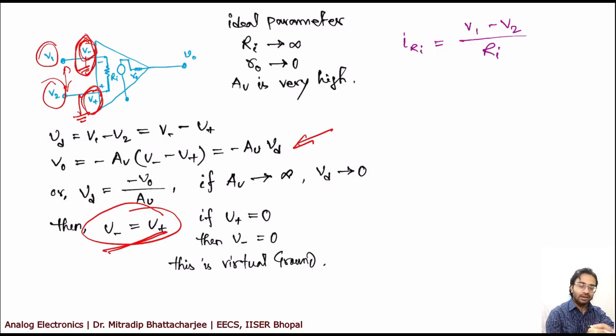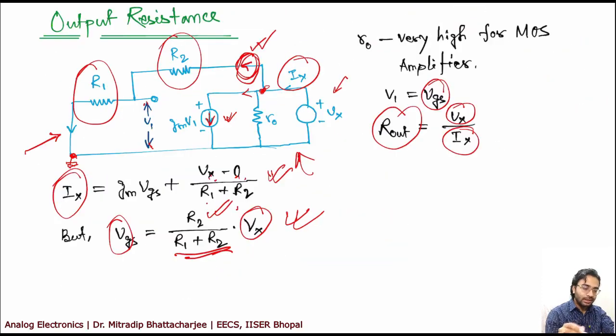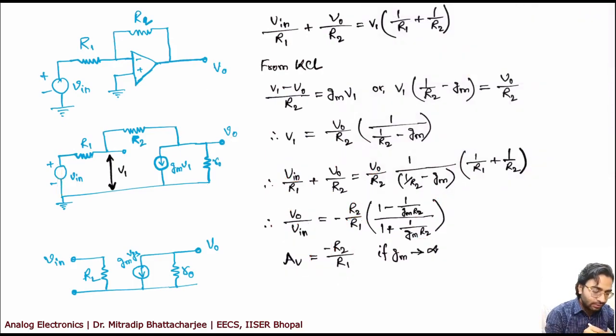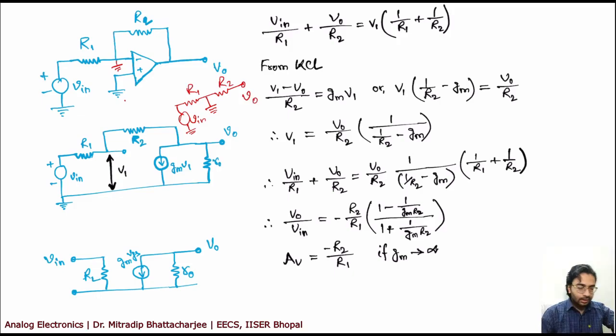Because if this is physically grounded, you look at this circuit, what does that mean? If V plus is grounded, that means if you ground this one, what will happen? You have a circuit similar to R1, R2, this part is grounded, here is your V in, right? This is R1, R2, so this is your V0. Essentially it means you have no relation between V0 and V1. And how come you then get a gain over here,